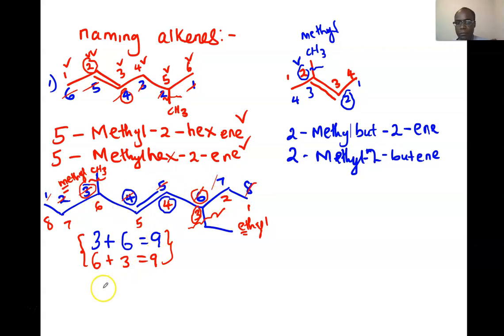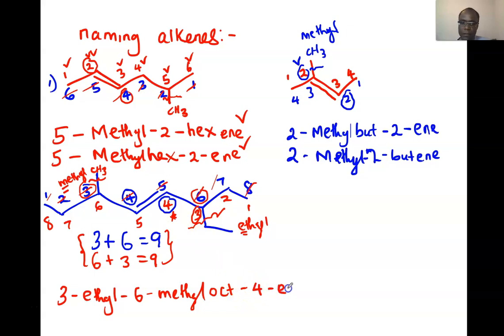So the correct IUPAC name will be 3-ethyl, 6-methyl, and then I think you have 8 carbons in the longest chain, so oct, the double bond is found at this carbon 4, oct-4-ene. Alternatively, you could name it as